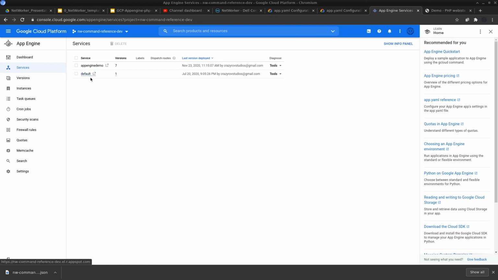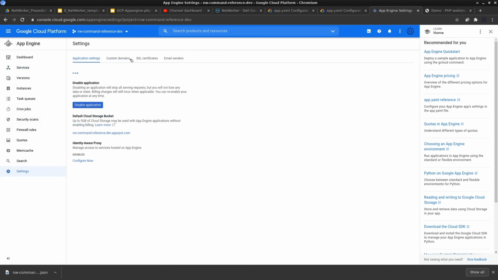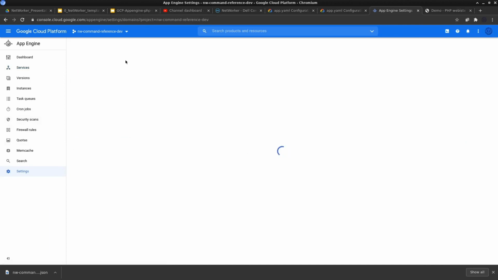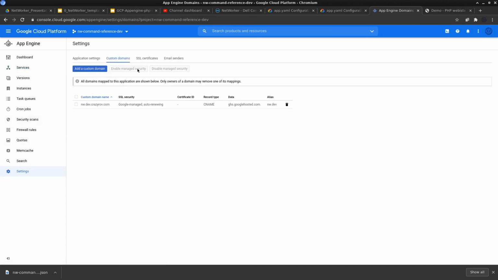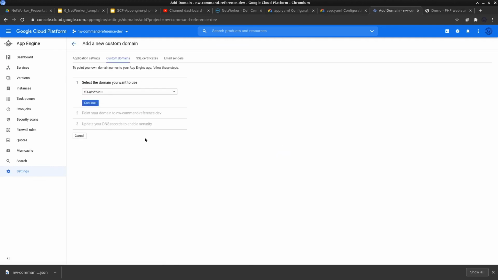To map this URL to your domain, you can go into settings, go into custom domain, and then say add custom domain, and complete this configuration, and you will be provided a DNS record. You need to mention the DNS entries in the DNS wherever you have the service purchased from.